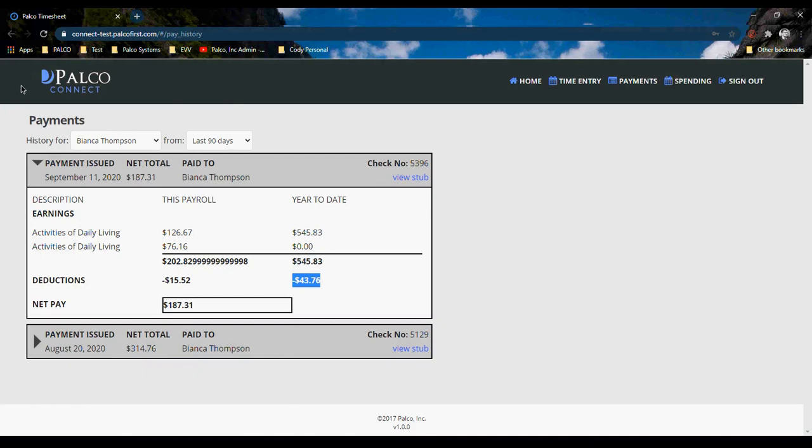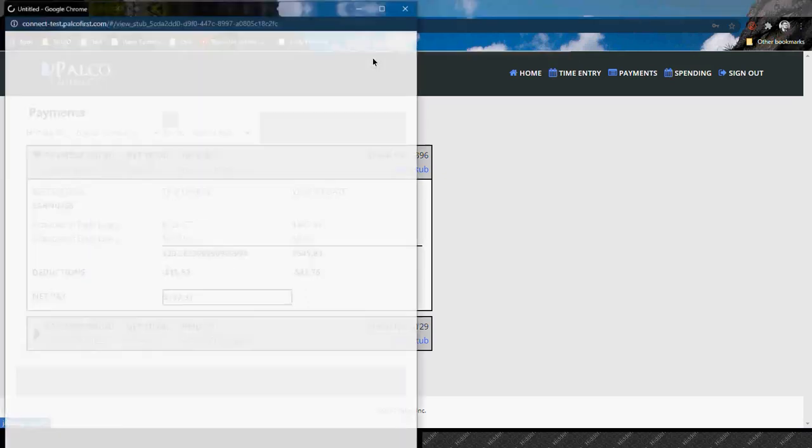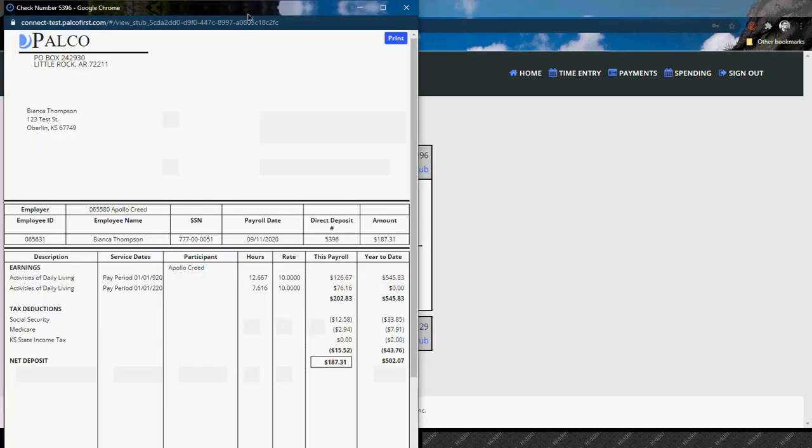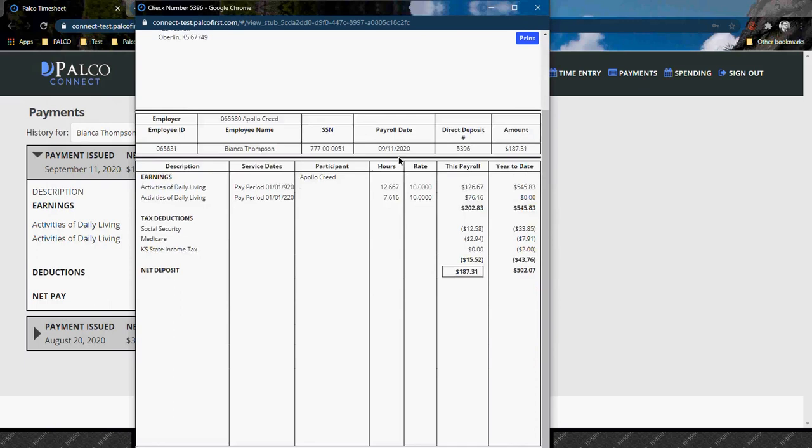Now, if you wanted to get a little bit more detailed information about what is on your stub and look at those deductions and see things really detailed out, what you'll do here is you'll go ahead and click on View Stub. If you have a pop-up blocker, just allow this pop-up. Most of them have an allow once option here, so I'm going to go ahead and share that. Now, as you can see, it brings up this pop-up window, and this is going to be the full check